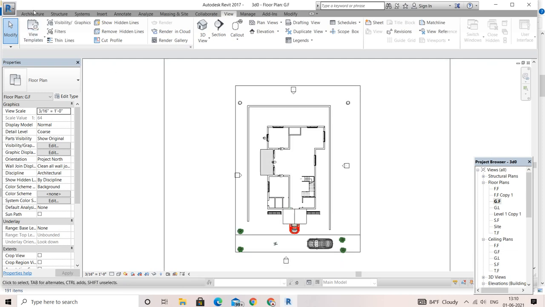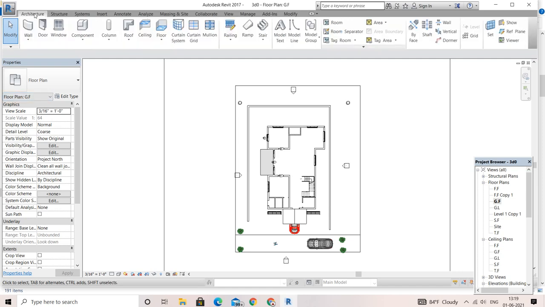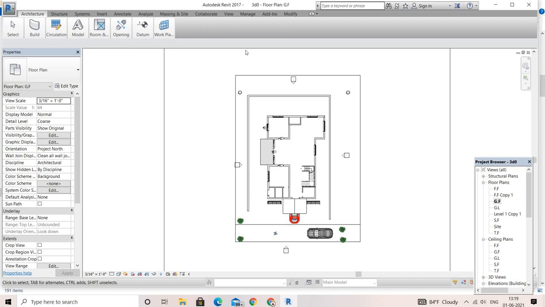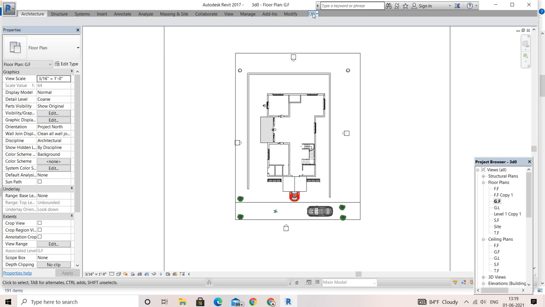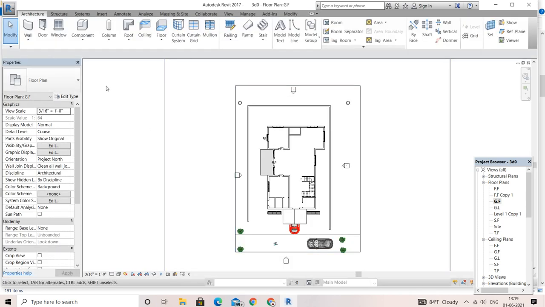So you can see, go to the architecture, see it here, just go to the architectural tab, just click it here. In the architectural tab you can see this type of panel will open, right? Here my panel has been hidden a little bit, so just click over here and all of the panel will reappear. Just go to architecture and go to the components, and click it here.